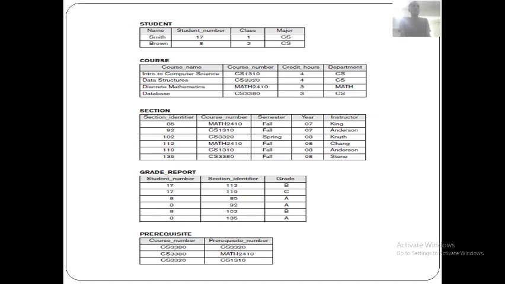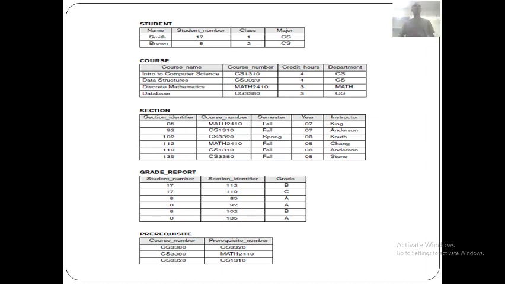Second record is of Brown, and he is having the number 8 and class is 2 and major is CS. There are only two values, two records. One is the record of Smith and another is the record related to Brown. Got it? That is the instance at this point of time.